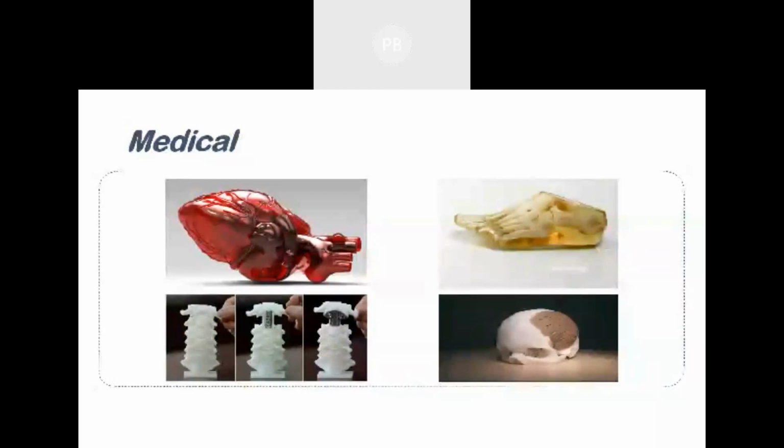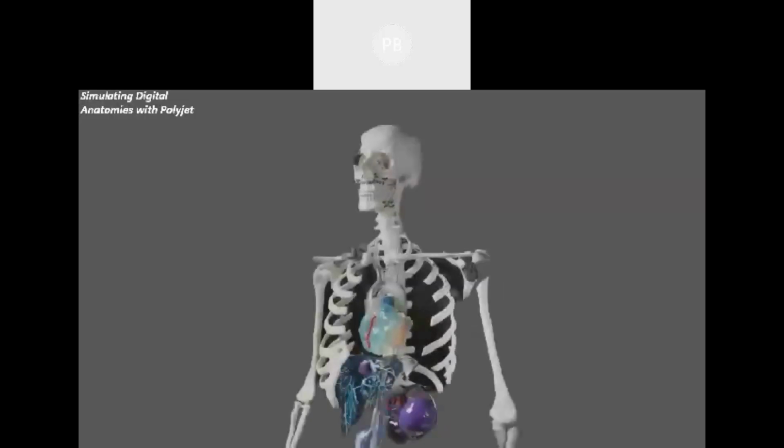They cut that model and get a realistic feel of the real condition of the patient, and then perform the operation, which helps the doctor reduce surgery time and blood loss. Obviously the patient recovery time improves, and these are the factors coming up in the medical industry. So this is the complete segment of what we can do in medical.